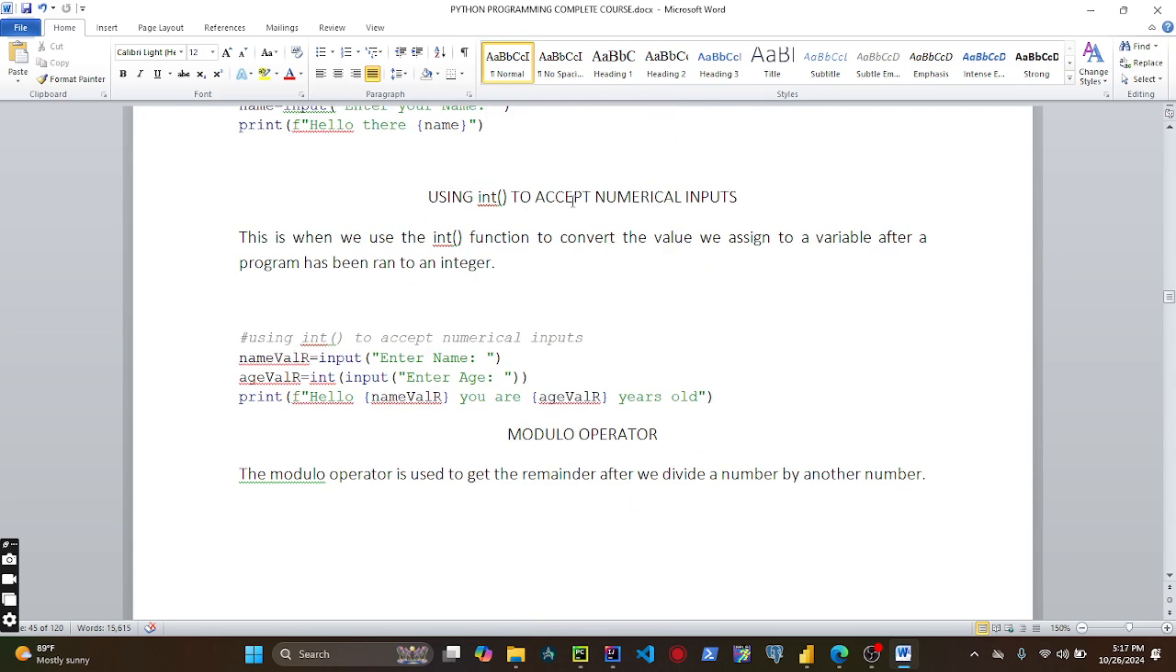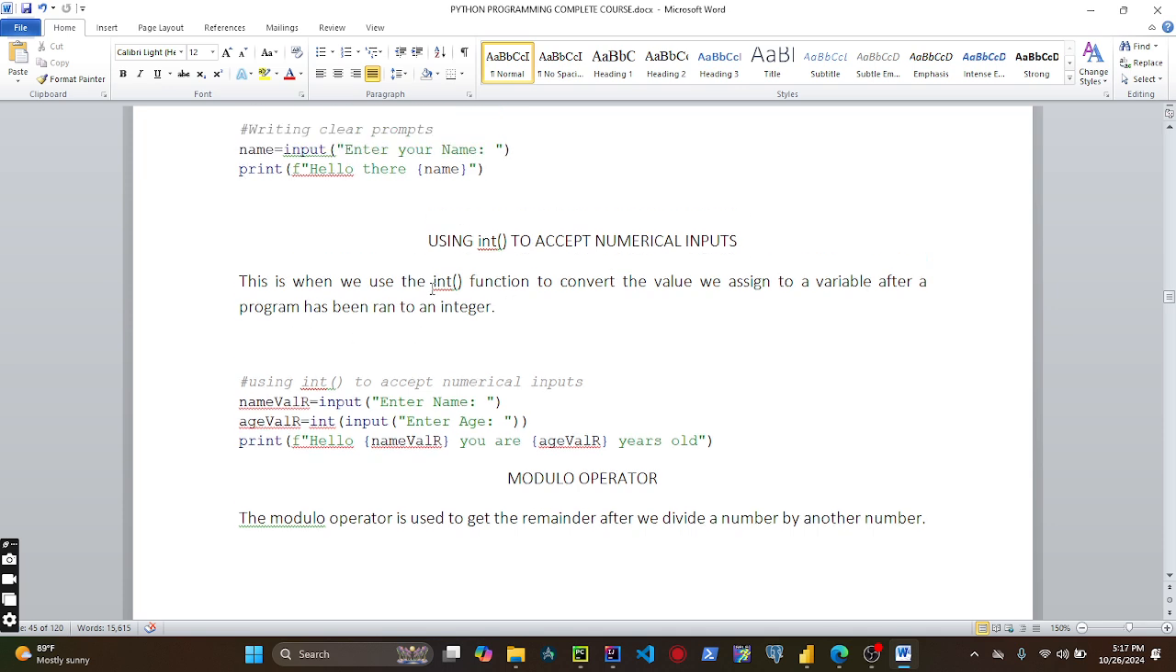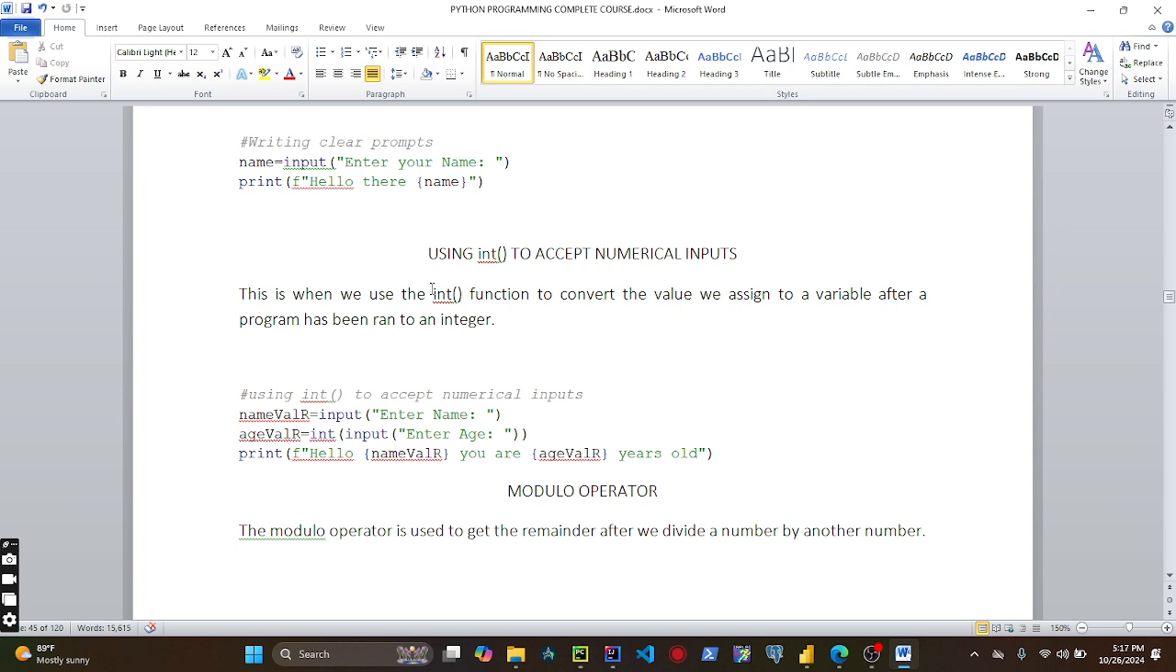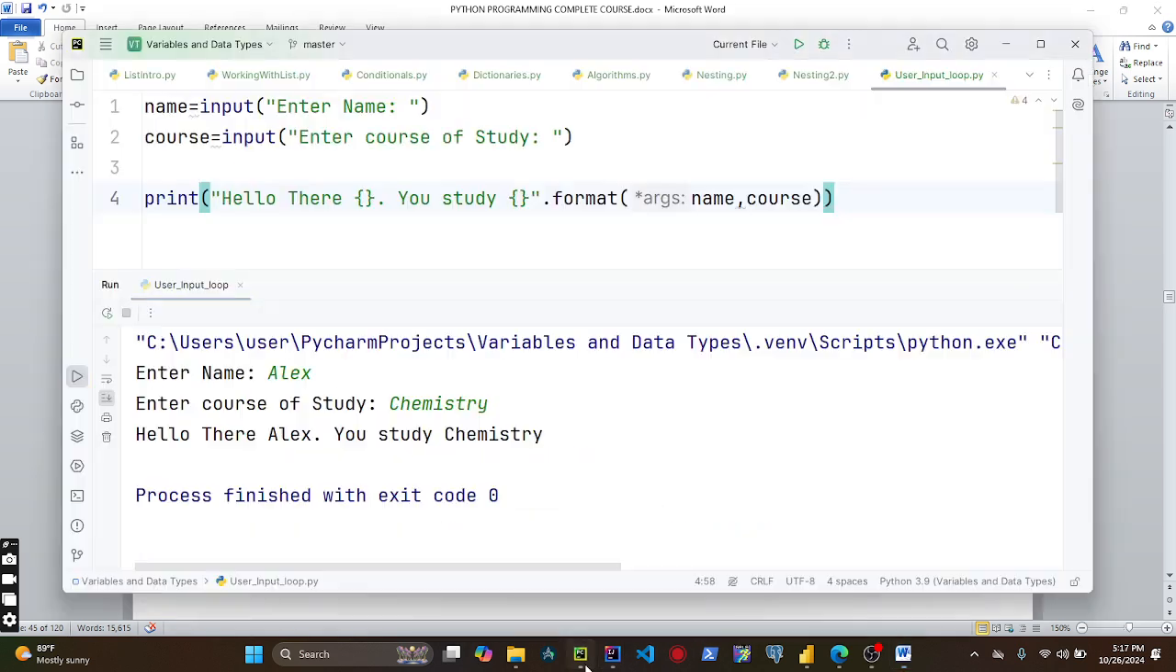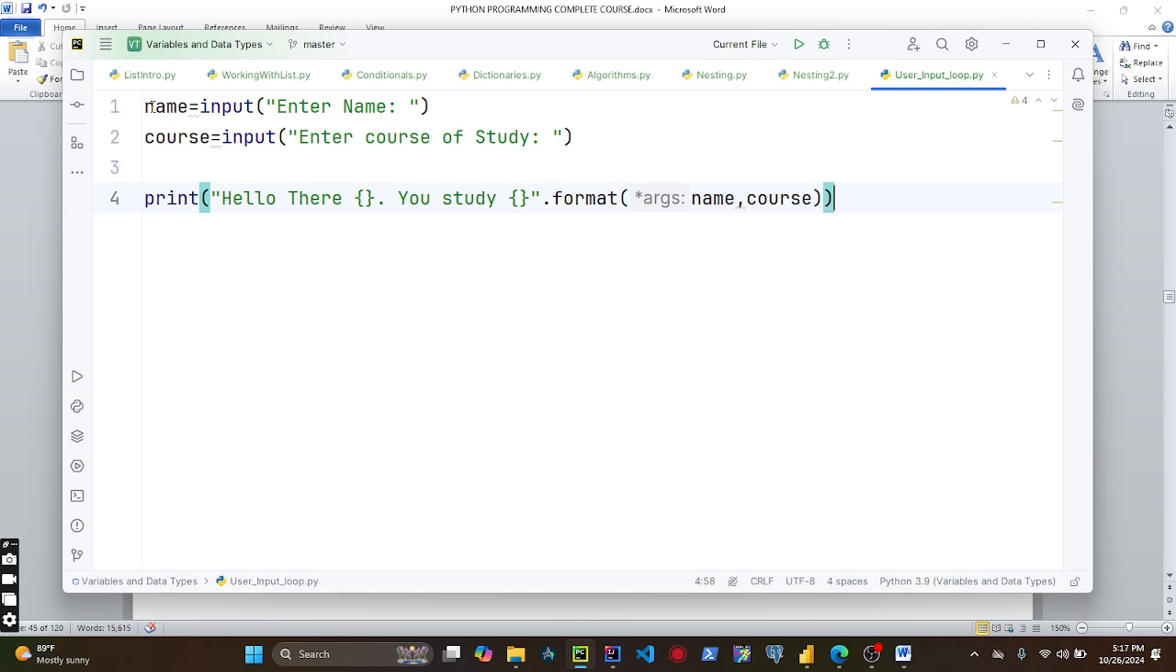So now let's look at using int to accept numerical inputs. This is when we use the int function to convert the value we assign to a variable after a program has been run into an integer. So when you get the input function prompting you to enter a value to a name, you can decide to restrict that value to be of the integer format alone. And also you can use the float function as well to restrict that value to be of the float format. So I can just minimize this, I don't want to remove it, so that we can use it